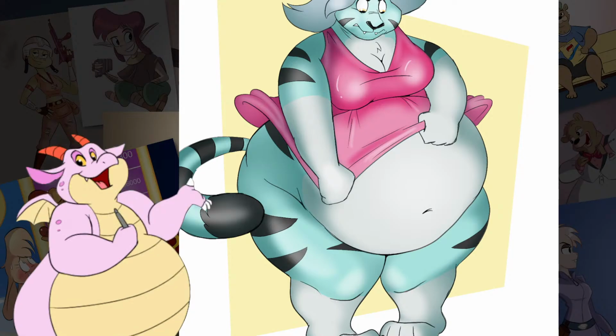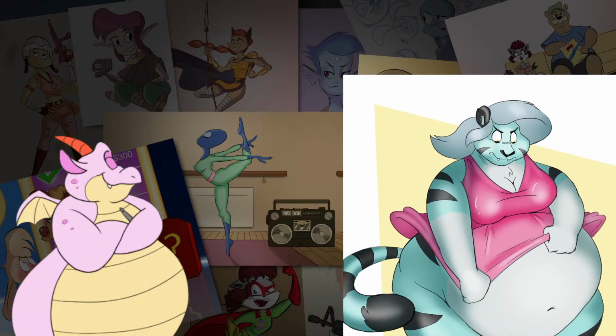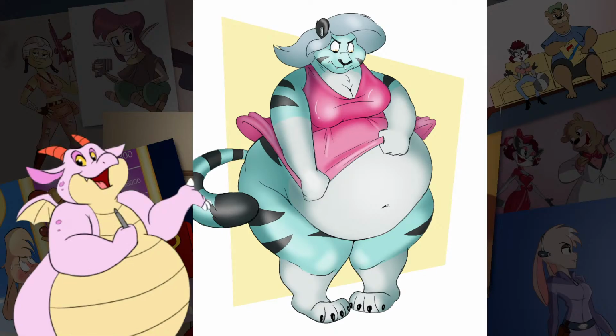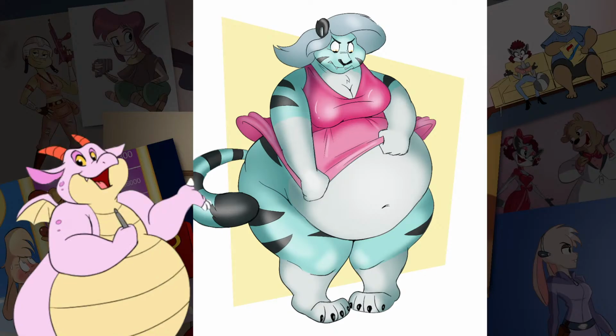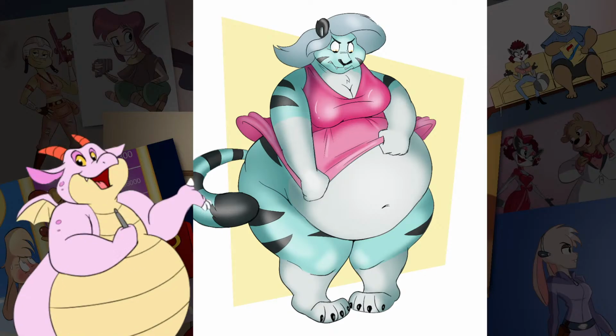Or better shrink this down now. This is one of the bigger characters. So this was my commission for Tammy Tigress. By the way, what happened to the Ko-Fi information? Oh, never mind. It was on the screen. Yeah, I'm going to be thinking about that now. There's something missing on this screen, at least. Never mind. I need to focus, because